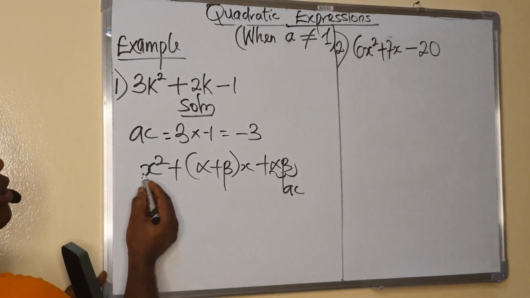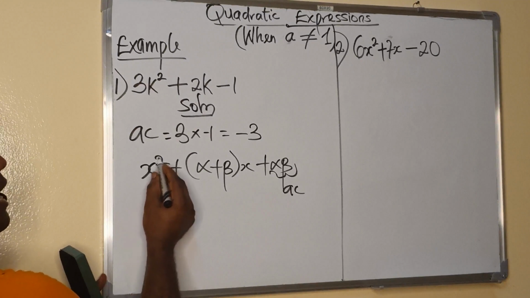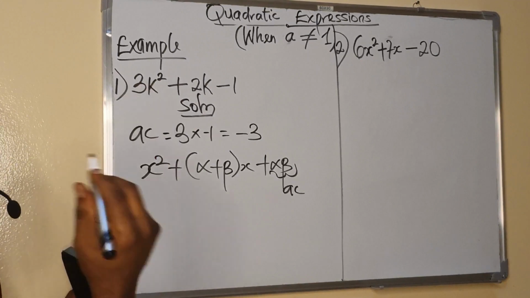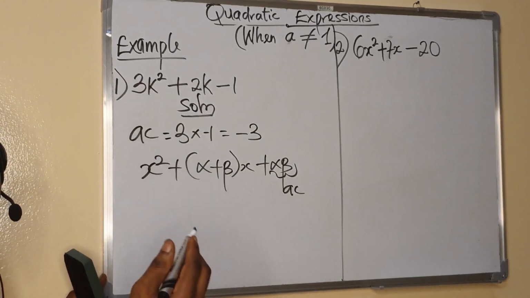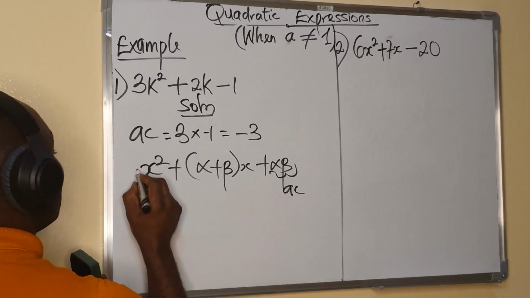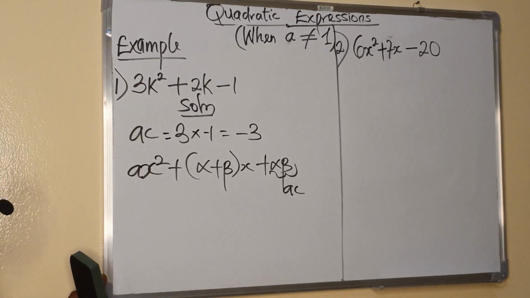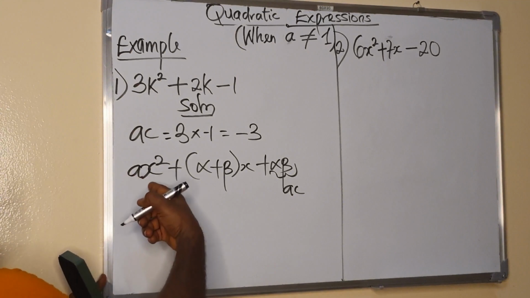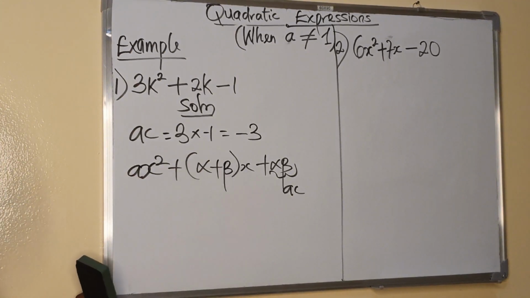Next, initially there was nothing attached to our x squared because the value of a was just 1. But this time around, when the value of a is not equal to 1, it is important to carry a along. So the formula adjusts to ax squared plus open bracket alpha plus beta close the bracket x plus alpha